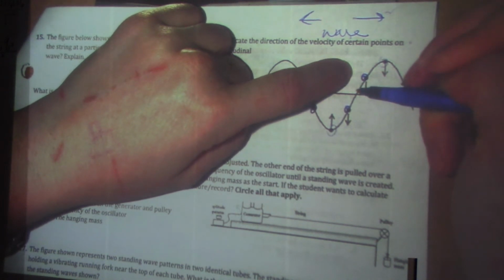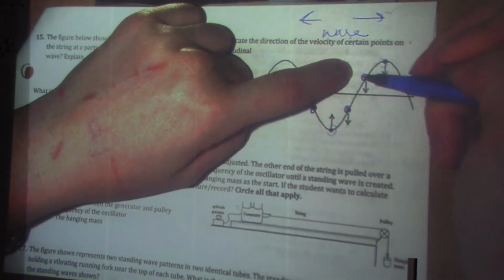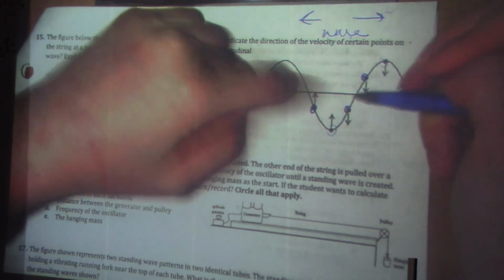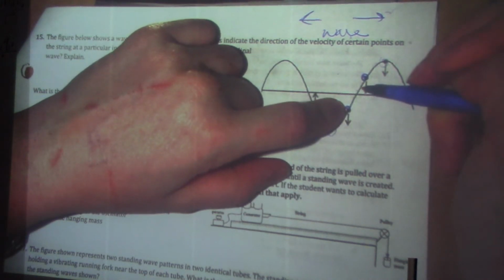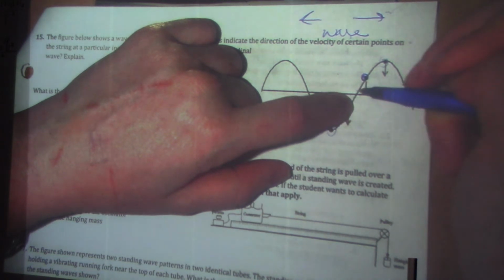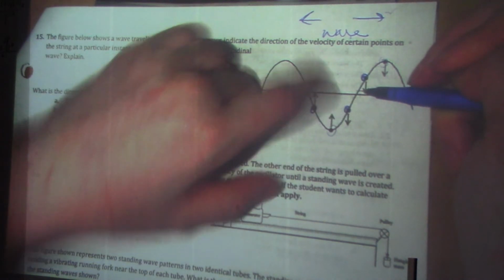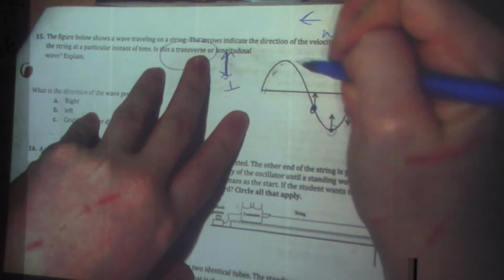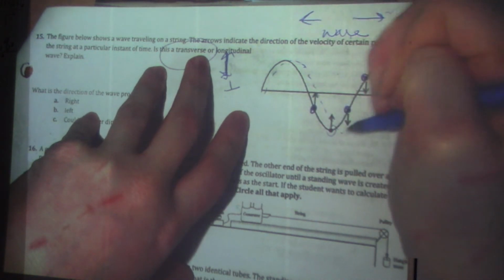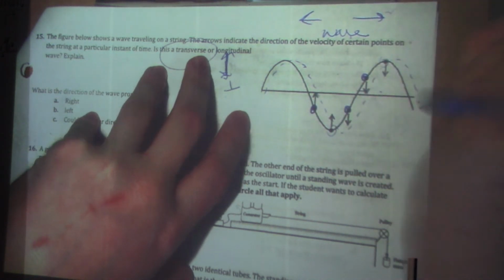Now if you look at this one, in order for it to go down, that's on the left side, which means that the point, remember the point isn't what moves, it's the wave energy that moves. So in order for this point to next go down, that means the wave is shifted over to the right. So if you sketch what it would look like if it was shifting to the right,